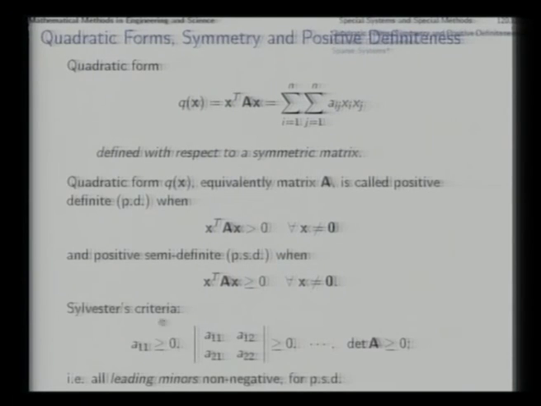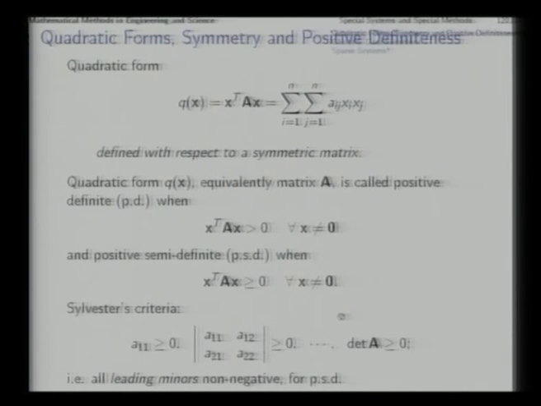Now, there is a test by which you can determine whether a matrix is positive definite or not. This is for positive semi-definiteness. When you replace these greater than or equal to signs with strict inequality, then you get the test for positive definiteness. This is called Sylvester's criteria. But as you know, it will become quite costly computationally, because you may need to determine a lot of determinants.